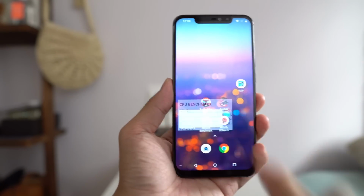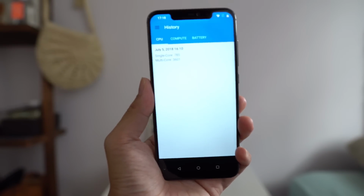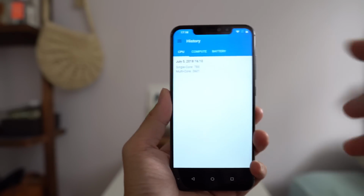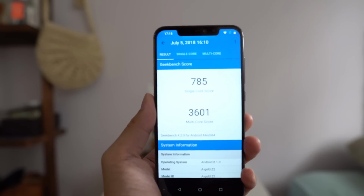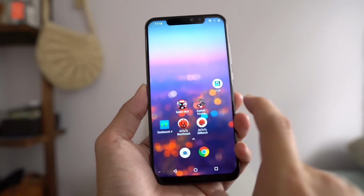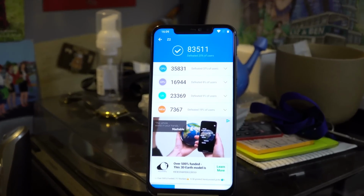So I ran through some benchmarks already. Let's check out the score. This is a Helio P23 chipset. So it's a very good mid-tier chipset, but no flagship Snapdragon chip. So 785 single core, that's a little bit weak, but the multi-core at 3601, it's pretty good. I also ran AnTuTu benchmark, and the score, it's a respectable